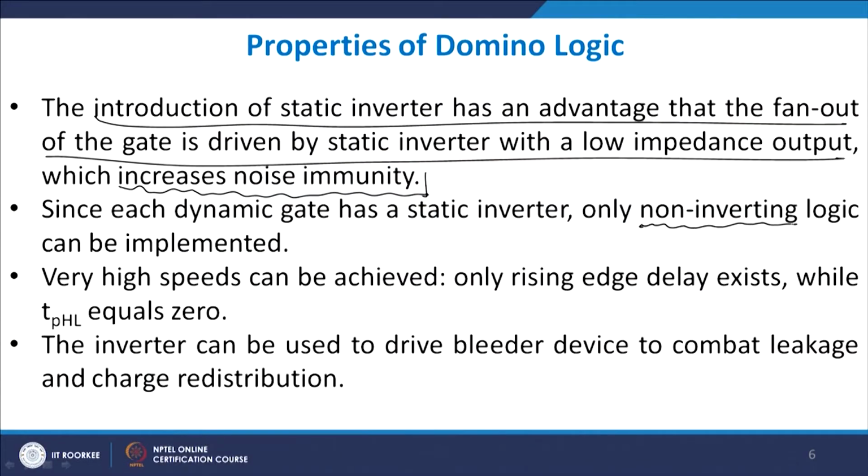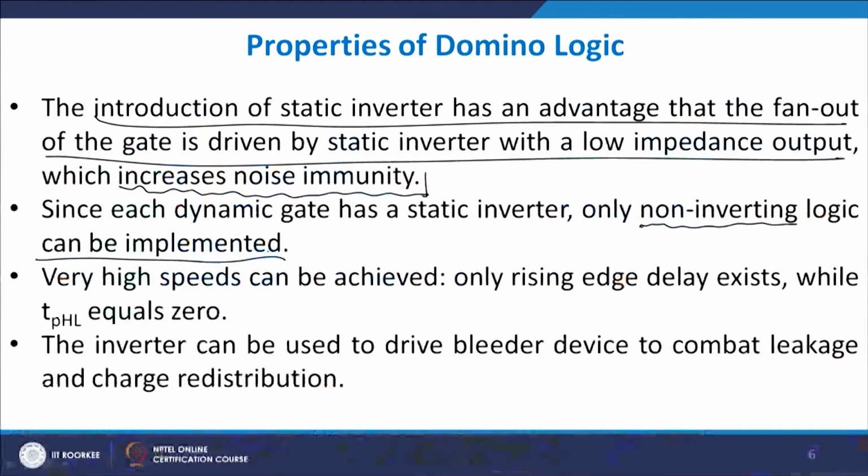The problem area is that, since each dynamic logic gate is cascaded with an inverter, the output of the inverter is again primarily in inverting mode. So, only non-inverting logic can be implemented. You can always put another CMOS inverter to invert it. It has very high speeds, and the reason it is high speed is because the output load effectively sees only 2 or 3 devices at its output node, whereas in a static inverter, it sees all the transistors, CGD and so on and so forth. So, it is very high speed which you see, right.